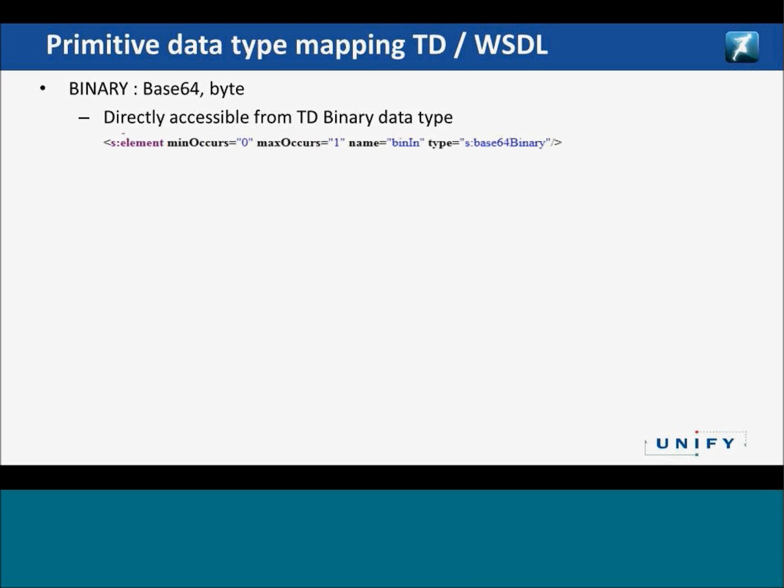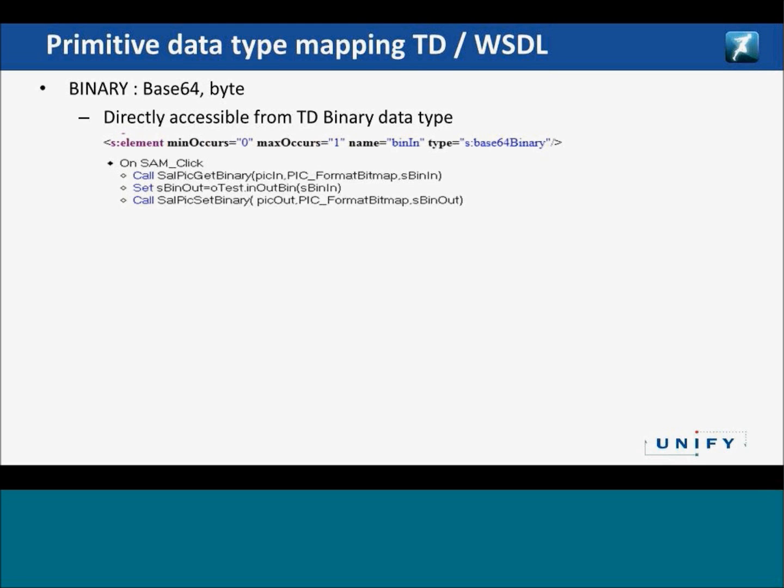This is how it's defined in the WSDL, just for your information. And in the TD code, you can see on the second line, set sbin out equals otest.in out bin sbin in. So it just passes all the TD variables here without having to do any encoding, data type changing,